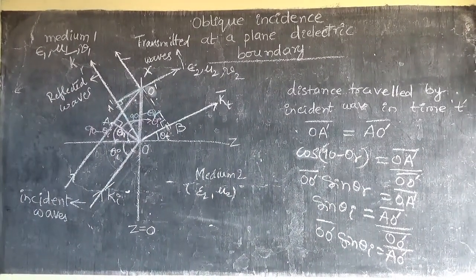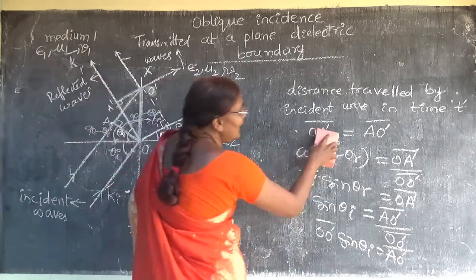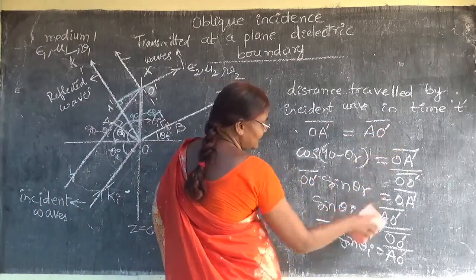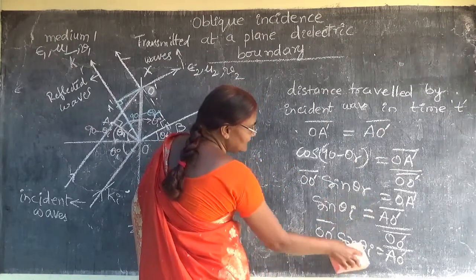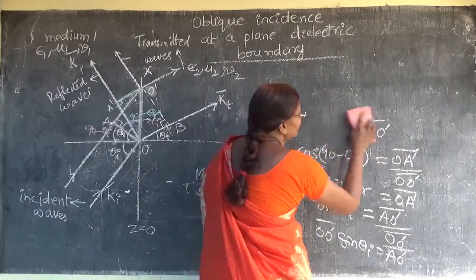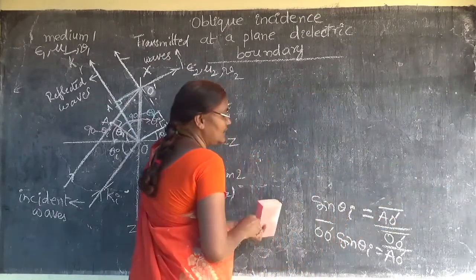AO dash bar. Now these two are equal. OA dash and AO dash are equal. So this and this must be equal. So what will my answer be? That is